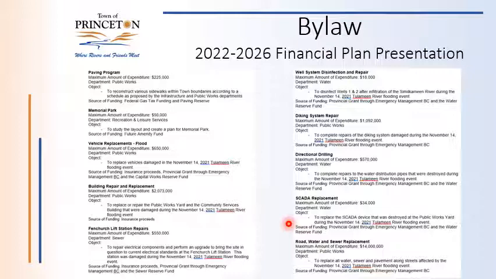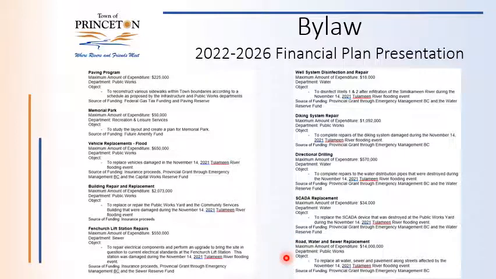SCADA replacement. So part of the Public Works Yard contained our SCADA system. Again, we mentioned this earlier in the schedule presentation that we were looking at replacing SCADA anyway because it was insufficient for our needs. This would replace the SCADA portions that were destroyed in the Public Works Yard during the flooding event. So this will be through our EMBC grant, Water Reserve Fund. So between the two projects, hopefully we can reduce the overall expenditure when we combine both projects together and come in significantly under budget, and work to keep our costs down.